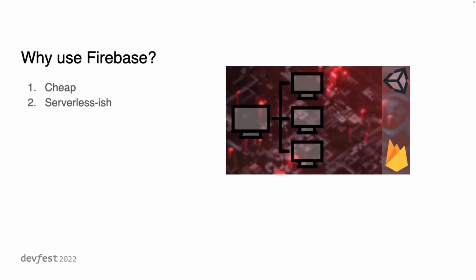Anyway, the second reason is that it's actually serverless-ish. If you use Photon, you also need to have maybe a server somewhere or a plugin that can validate the moves. With Firebase, we're not doing that. What we're doing is invoking Cloud Functions, which we're gonna see right now, and basically these functions are gonna execute some code. They're basically some endpoints. So Unity calls these endpoints. These endpoints will execute some code, which will validate the move and put the player in the queue, and these